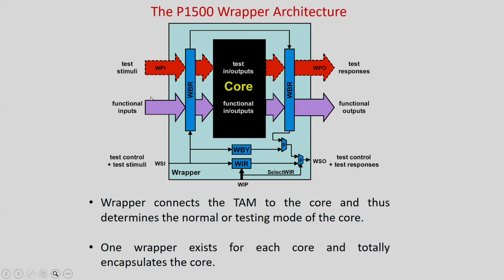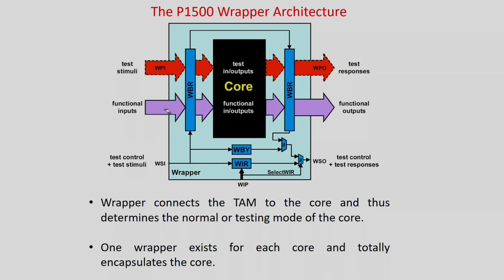So this is more elaboration on your core wrapper design. This is your core. There can be test inputs and test outputs. These are the parallel ones, which are again optional. But the functional inputs and functional outputs will be there. Inside the core, generally this is a single line shown in blocks, and then it's multiplexed. Either you will give this or you will give this. Why I am saying this is optional is because then your TAM or test mechanism should also have parallel access. It should be able to give multiple test vectors simultaneously. But anyway, let us assume that parallel access is provided.